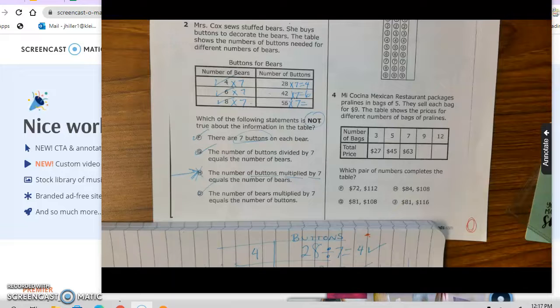Okay, boys and girls, you have 2 more questions that you need to answer. Go ahead and you can click on the link for question 3. And number 4, you're going to be doing on your own without Miss Hiller's